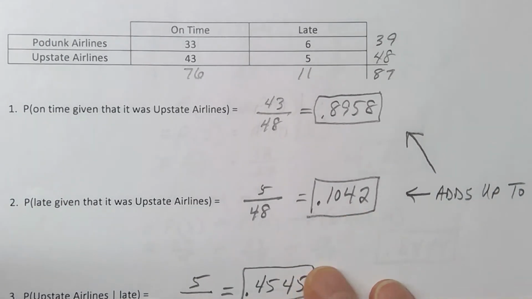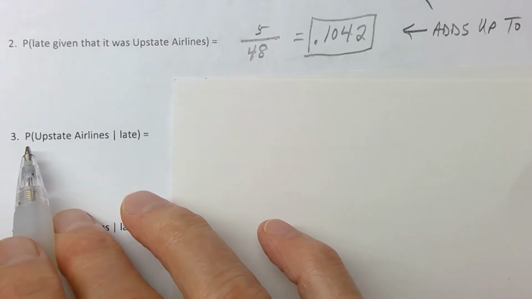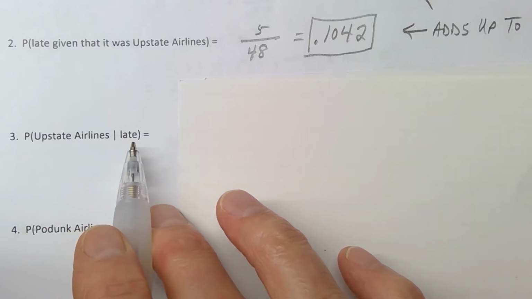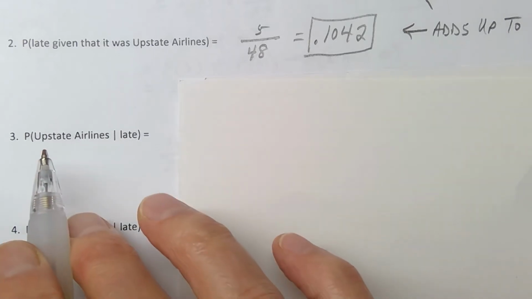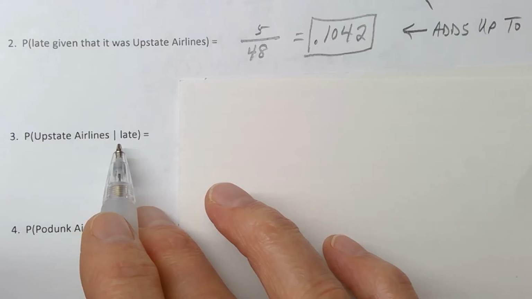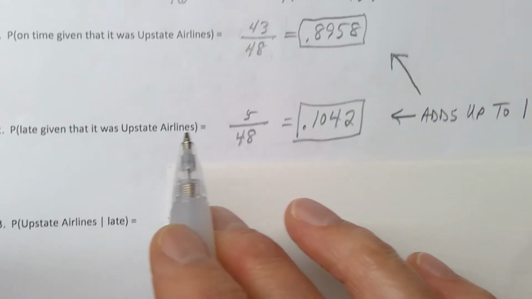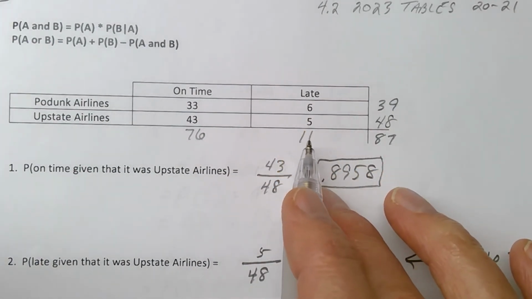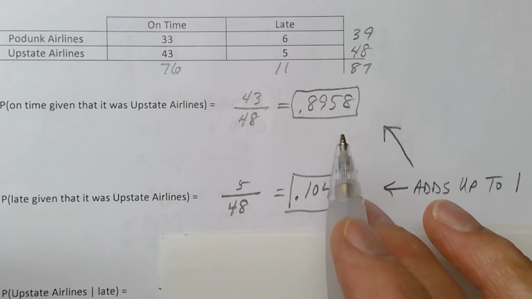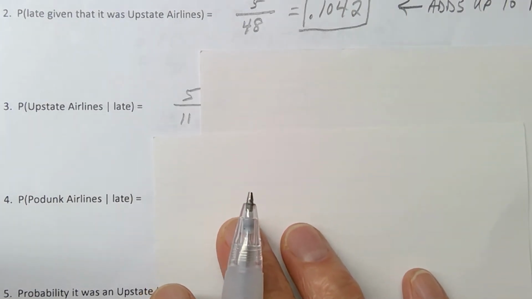Using the same table, let me rearrange the words a little bit. What if I ask you, what's the probability you draw an Upstate Airlines flight, given that you're only looking at the late flights? So we switched the words around. Probability that you drew an Upstate Airlines flight out of the hat, given that the only things in the hat were the late flights. How many late flights were there? 11. So given that we're only looking at the 11 late flights, how many of those were Upstate Airlines? Out of those 11, 5 of them were Upstate Airlines. So 5 out of 11,